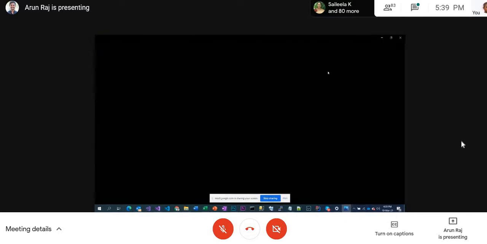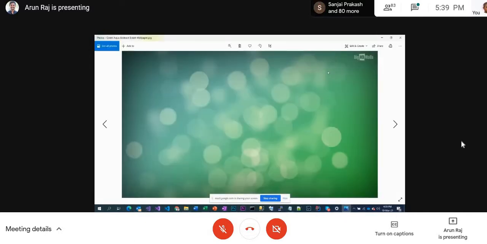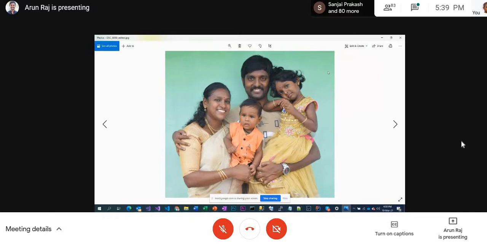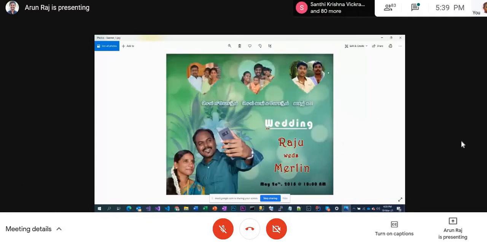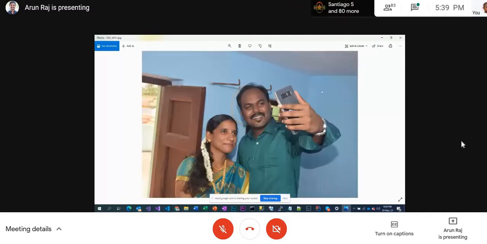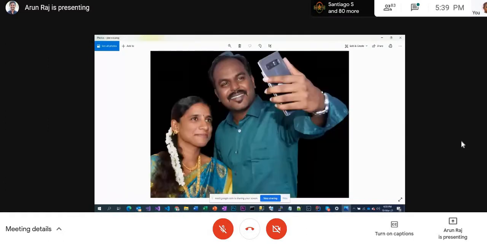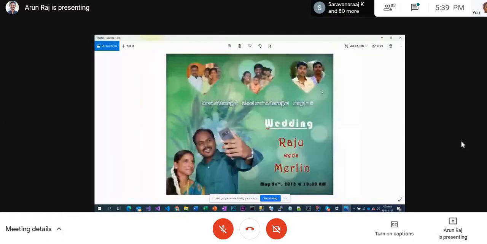What are all the elements we need for this? I'll explain. We need a background, which we have, and we have images of the people, stock images. This is what we are going to use for the top layout. At the top, as you see here, we put a heart in. Likewise we have each and everything ready, and this flower we are using here in the background.